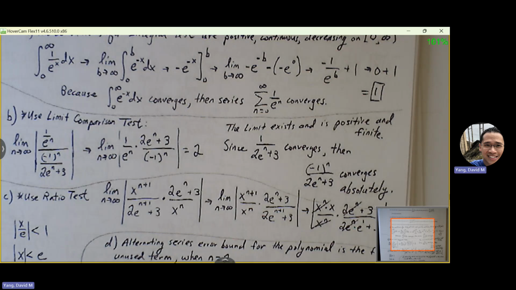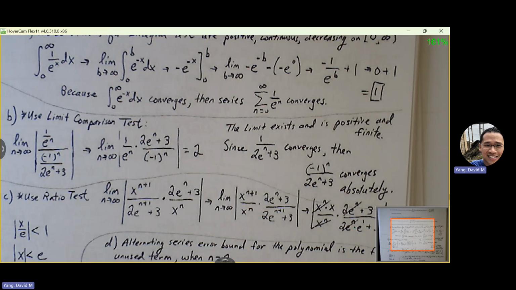So again, the way that we know that this series converges absolutely is because if we strip away the alternator, we'll have 1/(2 e to the n plus 3), which we know converges because comparison with 1/e to the n is safe. We're able to show that these both converge. So if something can converge without the alternator's help, then we call that absolute convergence. But if something converges, but if for some reason you took away the alternator and all of a sudden it diverges, then we call that a series that converges